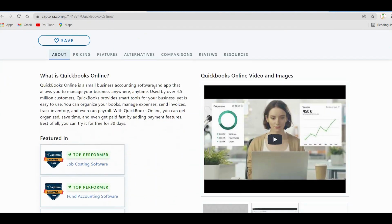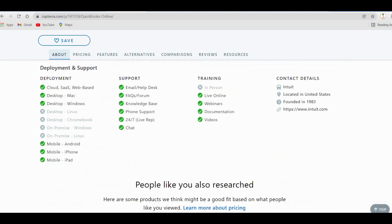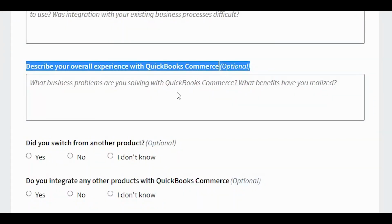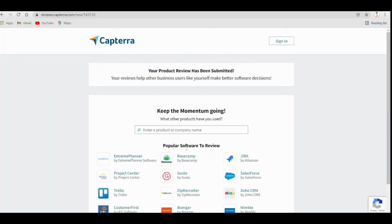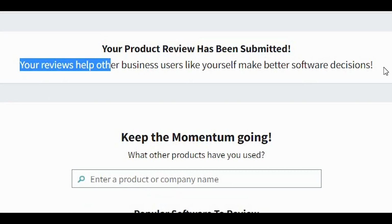You may do the same for the cons. Paraphrase the text and make it your own. This section right here is optional, but you may write a review if you want for additional points. Lastly, click on Submit right here. Don't be lazy. I know it will take a couple of minutes to replicate this process, but it's gonna pay off for sure. As you can see, your product review has been submitted, and all you have to do now